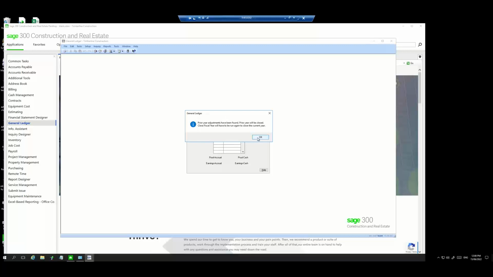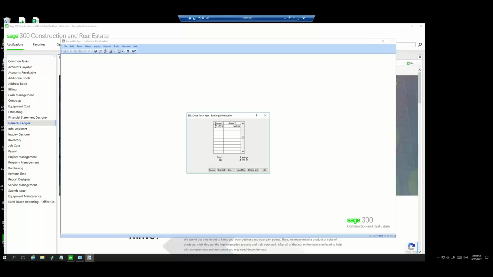So if I just, and there's no way around this message, you don't really have much choice other than to say, okay. And that's telling me that there was $1,000 worth of entries for last financial year that are going to be re-rolled. And of course, this is your default retained earnings account as set up in your general ledger settings. Type something into the chat box if that's something you want us to go through today, where that account defaults from. So